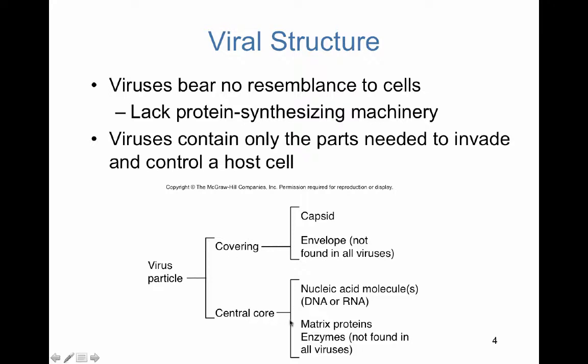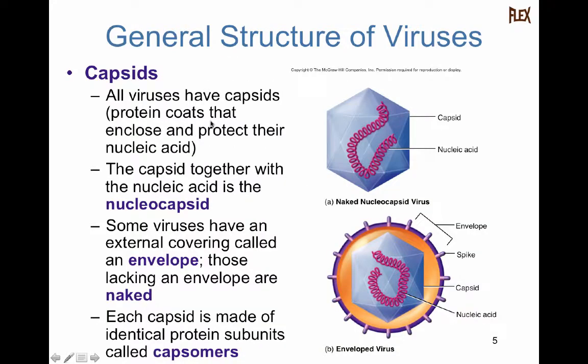But we also may have within a virus some enzymes or additional proteins. Not all viruses have these, but it's worth noting here. And also it's worth noting that unlike both eukaryotes and prokaryotes that have ribosomes, viruses lack ribosomes. Because of this, I refer to viruses as little molecular machines that hijack your cell's machinery, because they actually will use the host cell's ribosomes to make proteins.